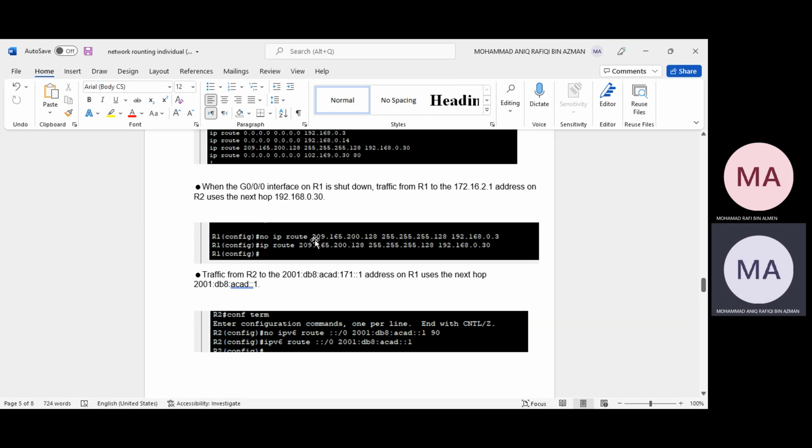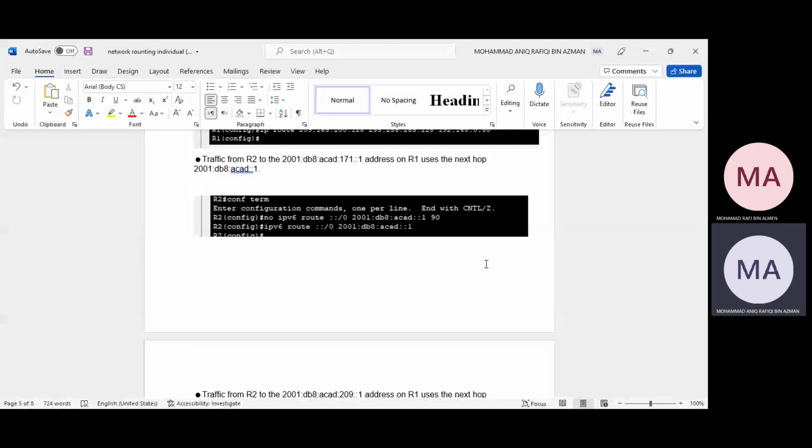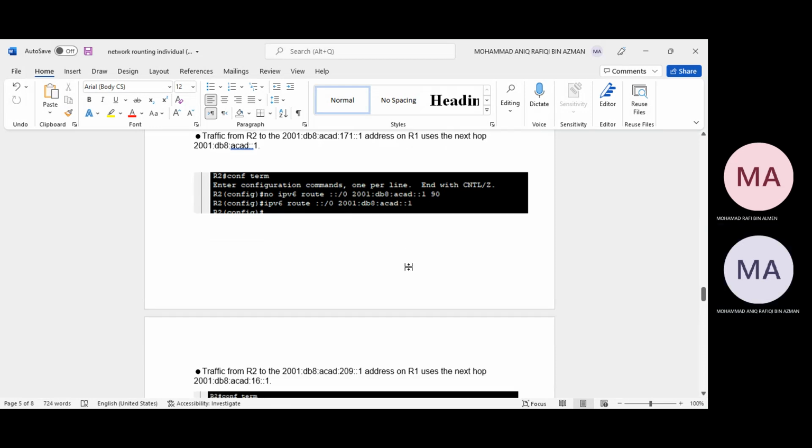This is the command: conf t, no ipv6 route ::/0 2001:DB8:ACAD:1..., and we replace the address with ipv6 route ::/0 2001:DB8:ACAD:1... We remove the incorrect one here.